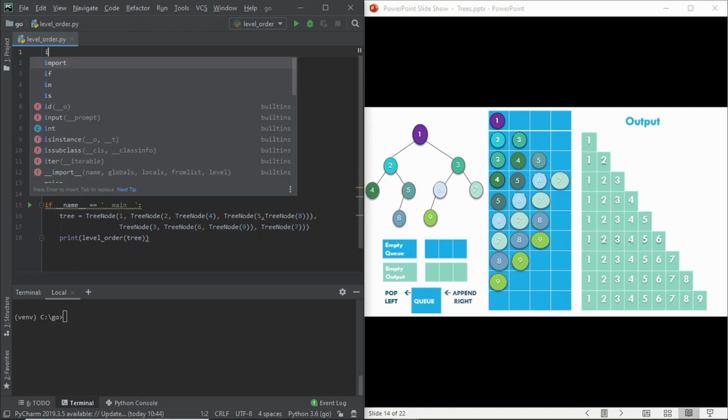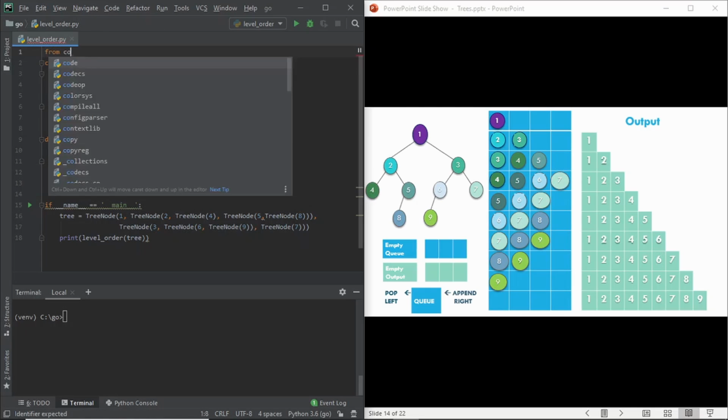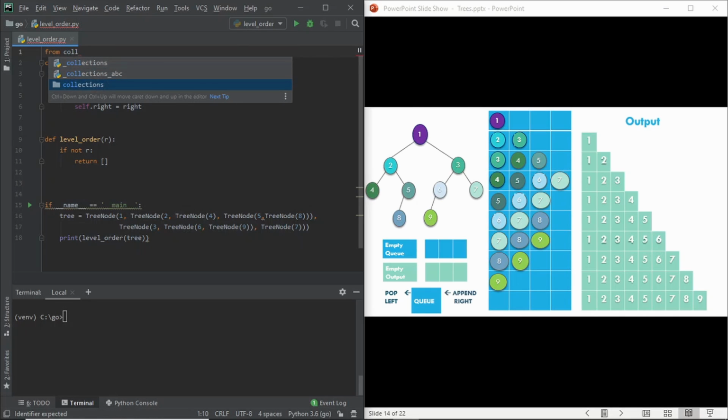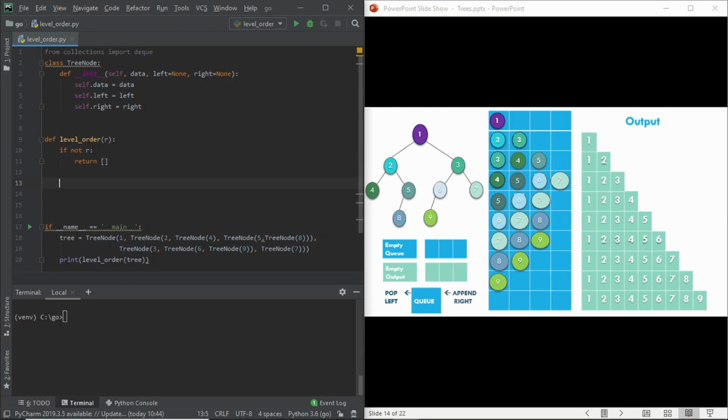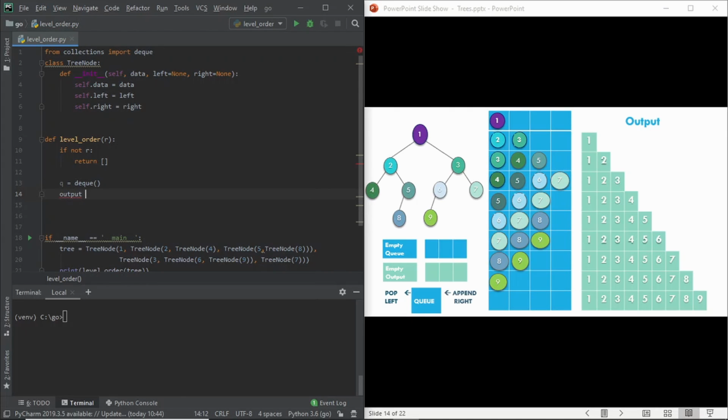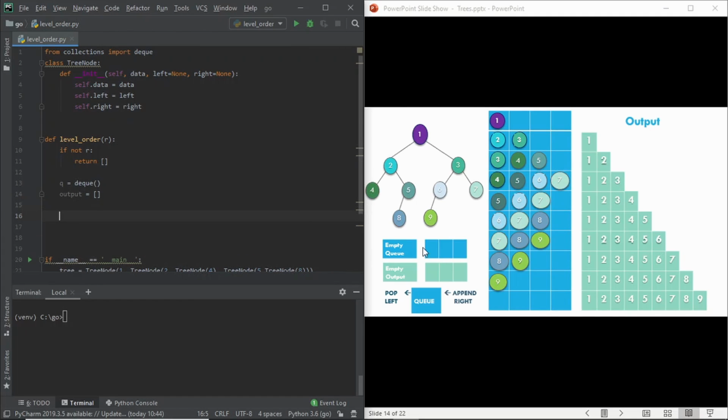For the queue, from the collections module, we will import deque. The deque can be used for a queue. So initially create an empty queue and empty output. Okay, we have implemented this part.